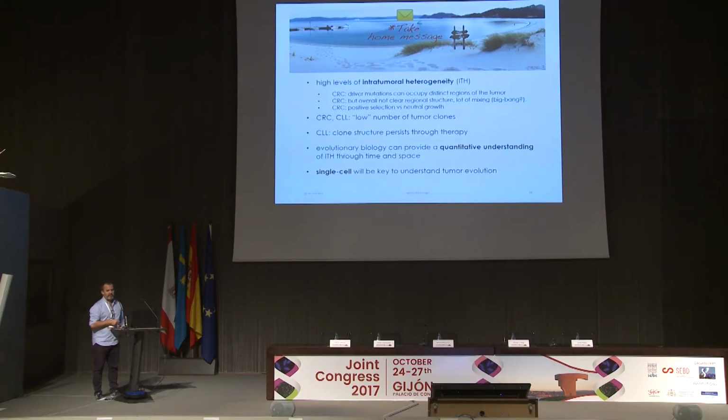Still, we detect a low number of clones, but simulations we've done that I have not shown here suggest that this might be artifactual. This might be a bioinformatic problem. So we need to work harder on that. In CLL, we can see that there are probably not many general patterns in the clone structure, and every tumor is going to be different, and that's also something we learned. But clones can survive treatment, and it's important to follow up the genetic structure of a tumor before and after treatment if we have the capability of getting longitudinal samples.